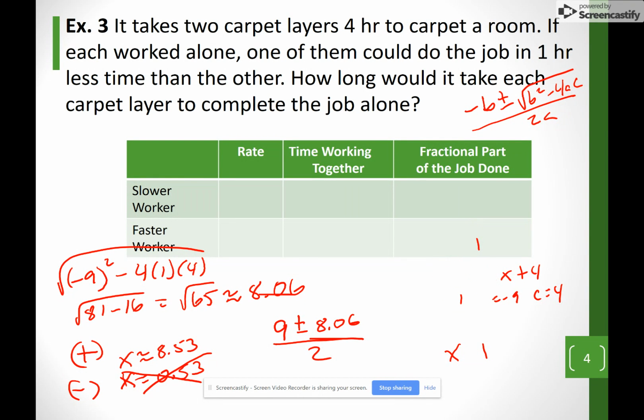Now here it says how long will it take each carpet layer to complete the job alone. I know the rate, it was 1 over x, and then the faster worker was 1 over x minus 1. That was how the rates were. Now, one of them, it will take him 8.53 hours to do the job alone, the slower worker. The faster worker is going to